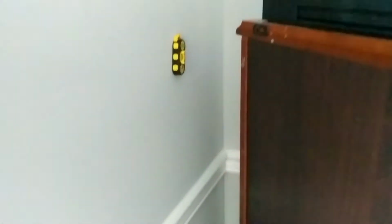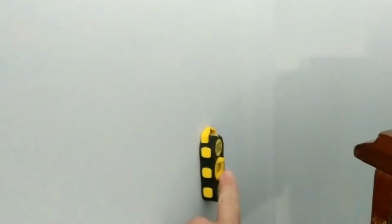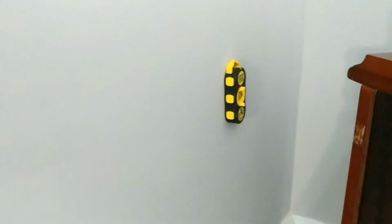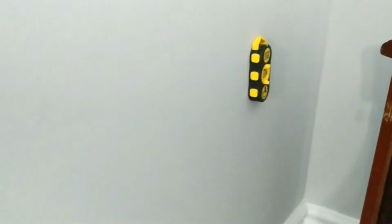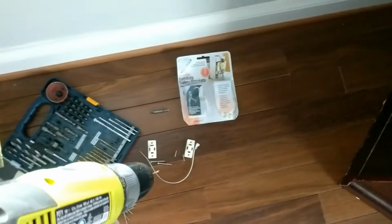You need to make sure you know where your stud is. This is a stud finder here. It's got a magnet on it, and I'm assuming it's sticking two nails in the wall where the stud is. So that is our stud there, and I'm going to see if there's one somewhere thereabouts so I can mount two areas. So the first thing you want to do is hold up your little piece